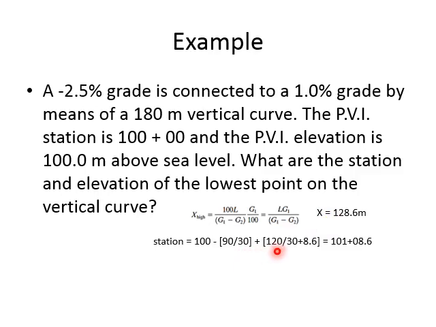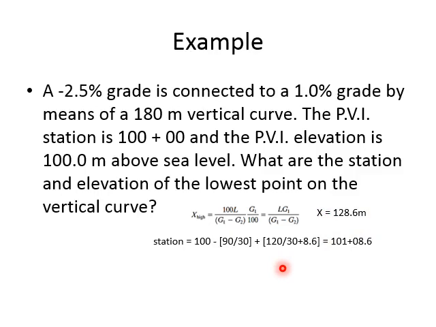Then plus 128.6 meters. Now why from 128 did I separate 120? Because 120 can be divided into a number of stations. You see here, 120 divided by 30 will give you 4 stations. So 120 is a multiple of 30 meters. I separated 120 meters because it is a multiple of my station length of 30 meters, so 120 by 30 plus the remaining 8.6. So it will be 100 minus half of the length plus the distance from BVC, which is 128.6, and then you have to convert to stations.